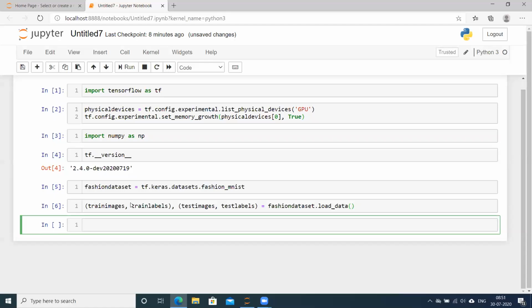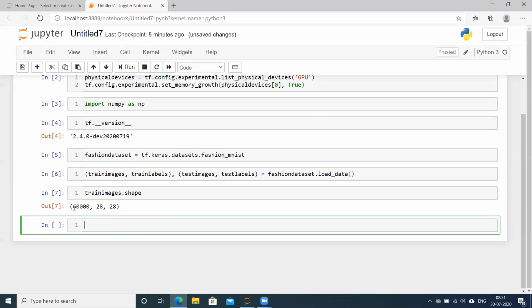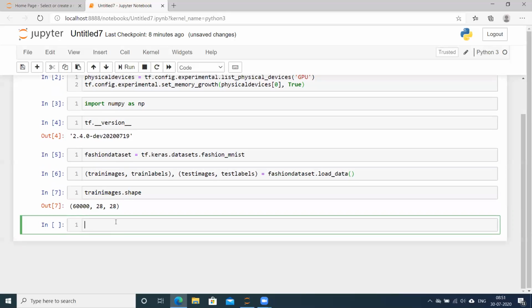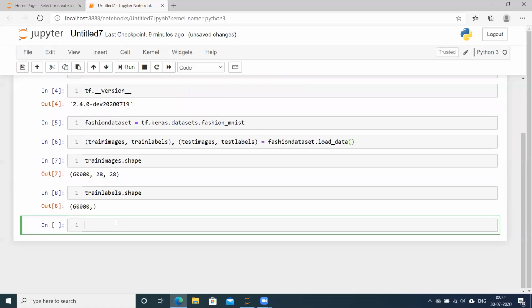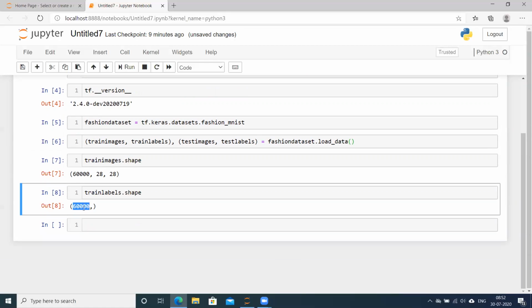Now we can also look at exactly what shapes we have. Basically, we have around 60,000 images in the training set, and each of these images has the size of 28 by 28. So its length and width is 28 pixels by 28 pixels. These are pretty small images. Similarly, we can look at their labels. They should have exactly the same number of labels as images. Here we have 60,000 images, so for all those images we have one label, right?